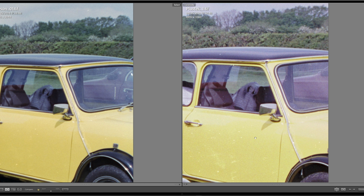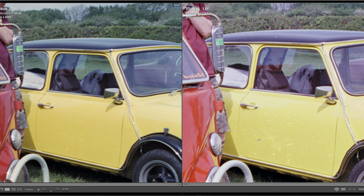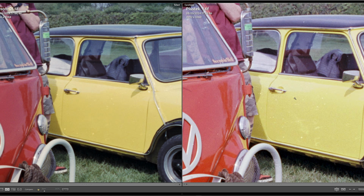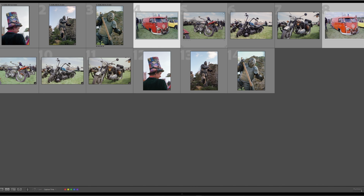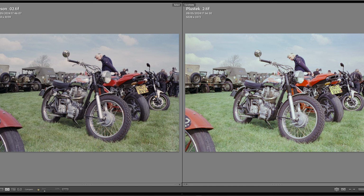Now, I bought the 8100 instead of the 8200, which has dust removal, because I'm not super happy with IR dust removal. I've used it in the Epson, and when it gets it right, it's brilliant. But when it doesn't get it right, it's not too great. So I'd rather do it myself. So if we take these two here,